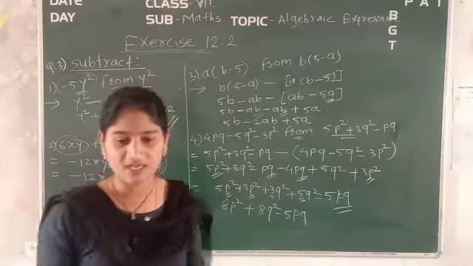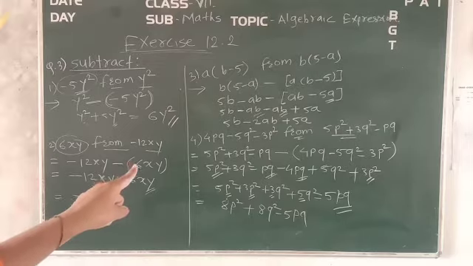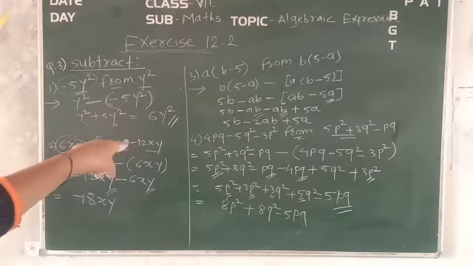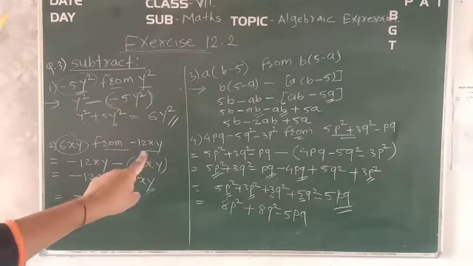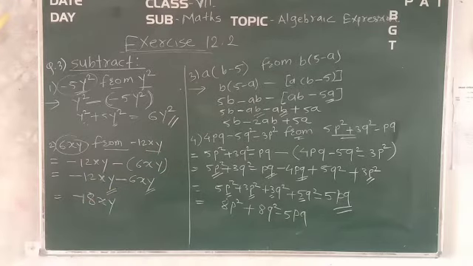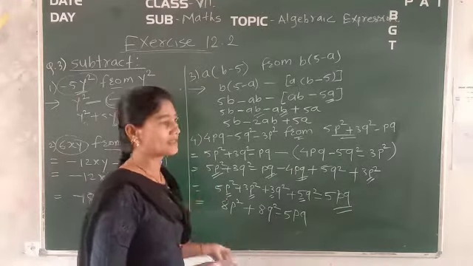Once we check it, see the answer of the first question, for the subtraction minus 5, it is 6y square, correct. The second question was related to 6xy, so the answer is minus 18xy. The third question, actually I have written there the fourth question, so plus 5b plus 5a minus 2ab, it is also correct. And the last one, that is the fourth one, is 8p square plus 8q square minus 5pq. Yes, it is also correct. In that way you can find out the answers of all the questions. So all answers are correct.